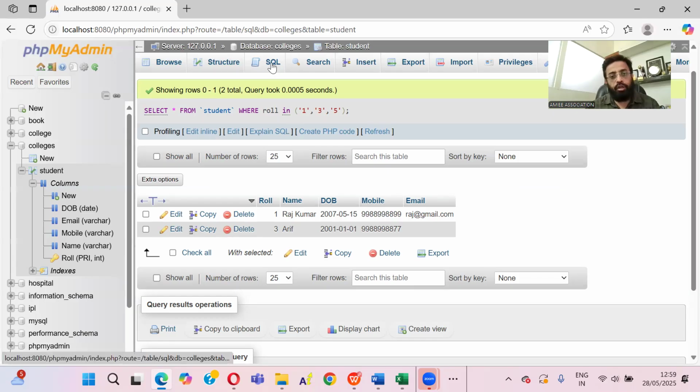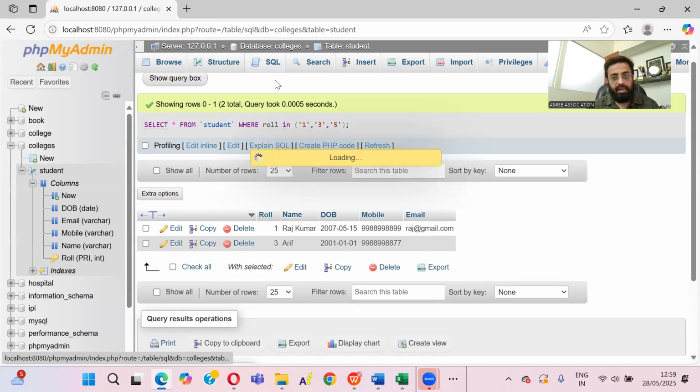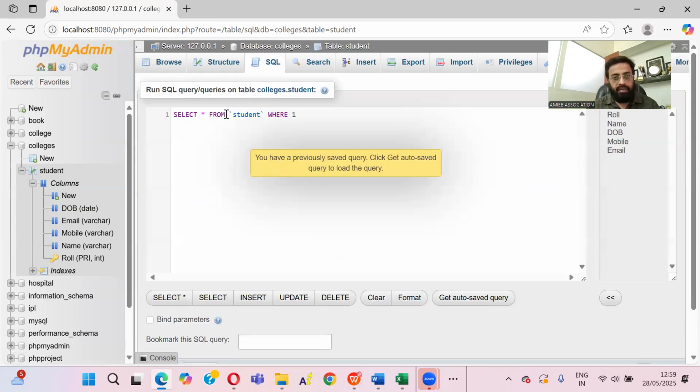Now, suppose I want to delete one record. So what will I do? I'll give the command delete from student. So delete from student will delete all records since I have not mentioned any condition. So if you do not mention any condition, all the records from the table will be deleted. But I don't want to delete all the records. I want to delete only where